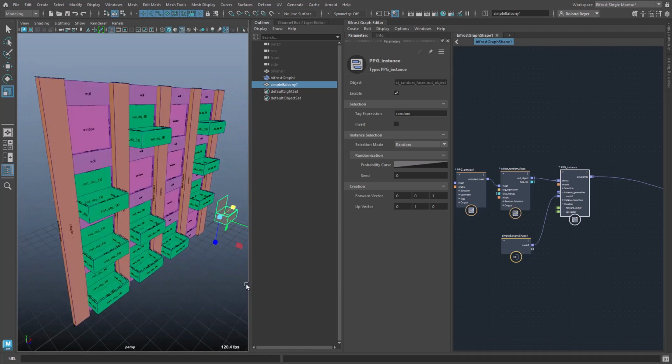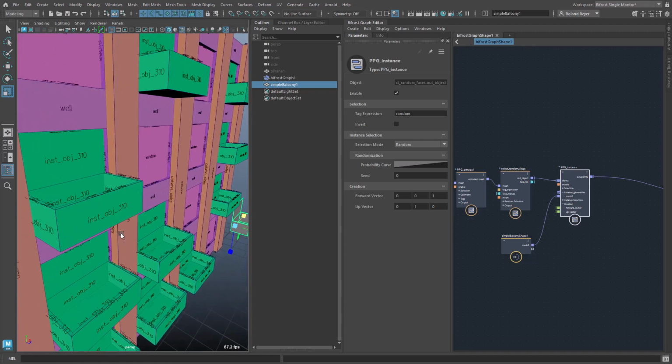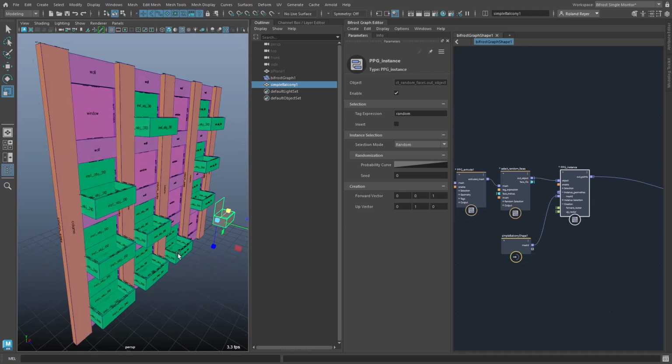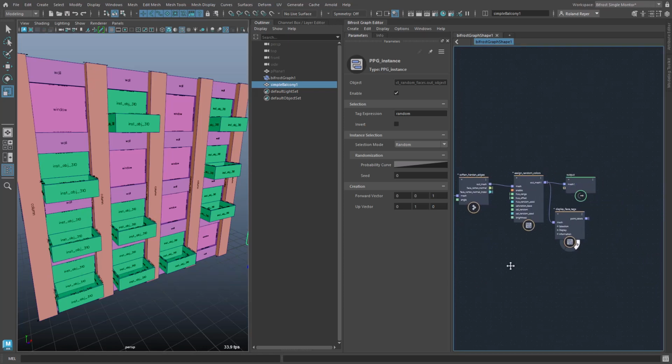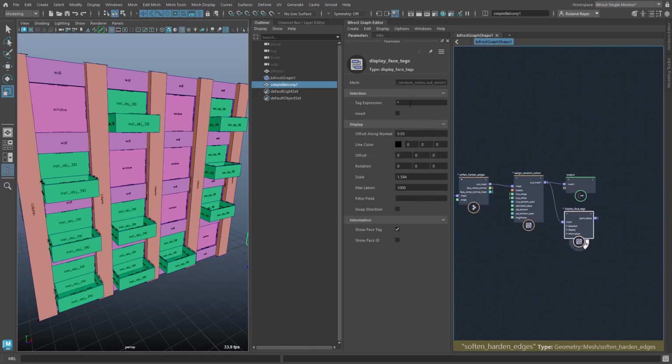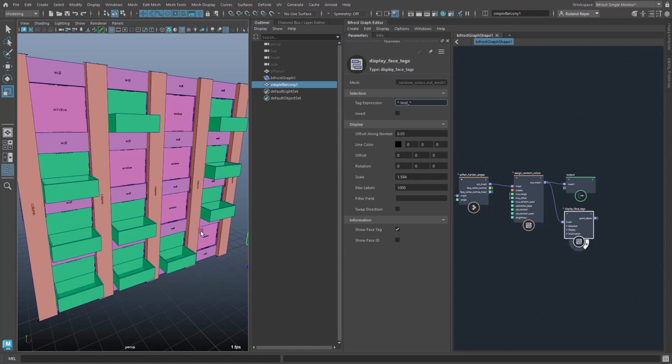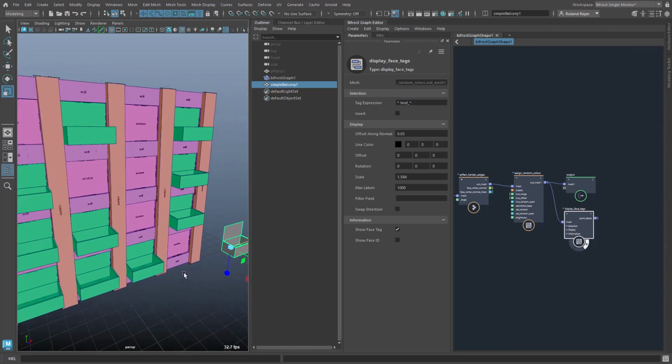So now these balconies have one face tag, so they turn into one color because of this inst.obj name. All the face tags on all the instances may become a little bit messy because instances are also there for complex objects. So what I can do here is, in the display face tag node, I can say I want to see all the face tags except the ones that start with inst underscore, for example, and then wildcard. So these ones are not labeled. I don't need a label to see that this is a balcony,